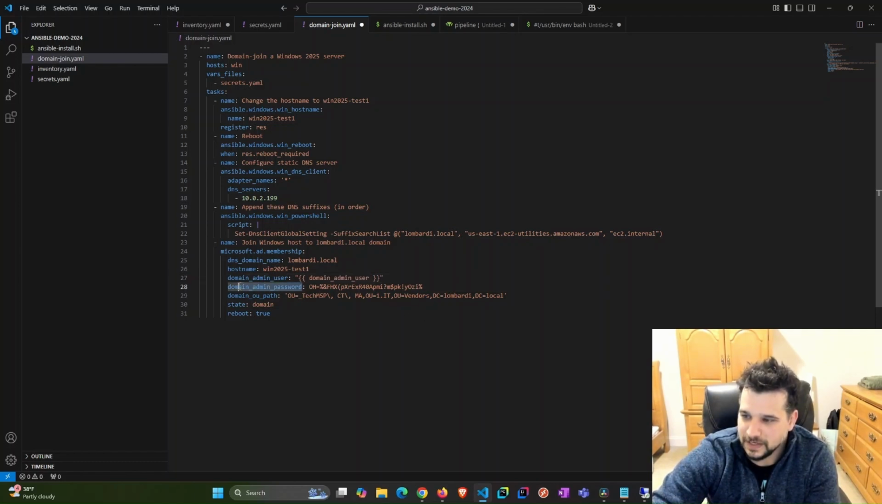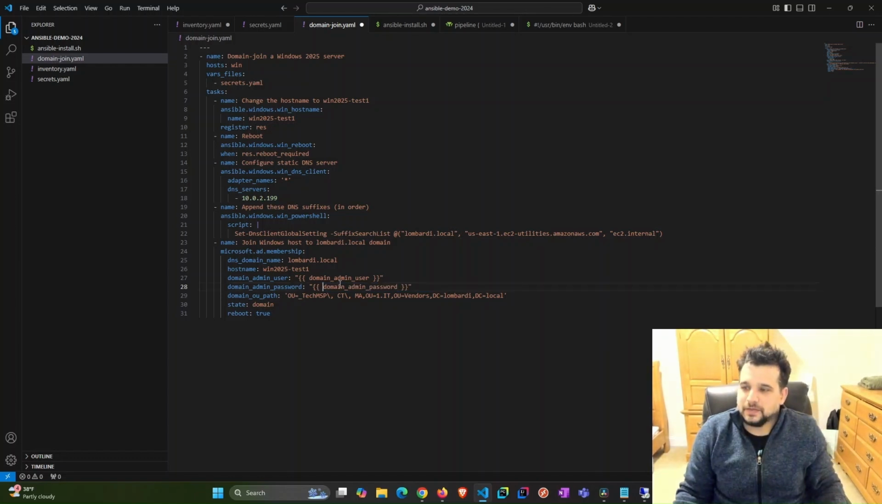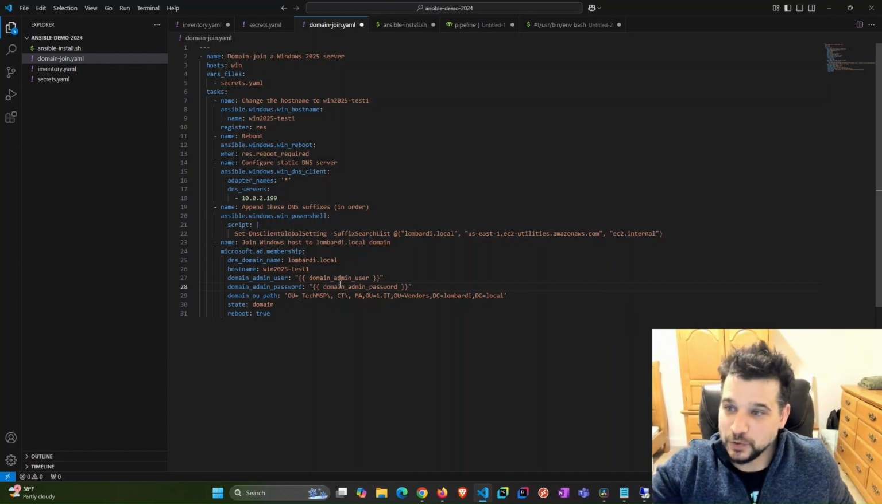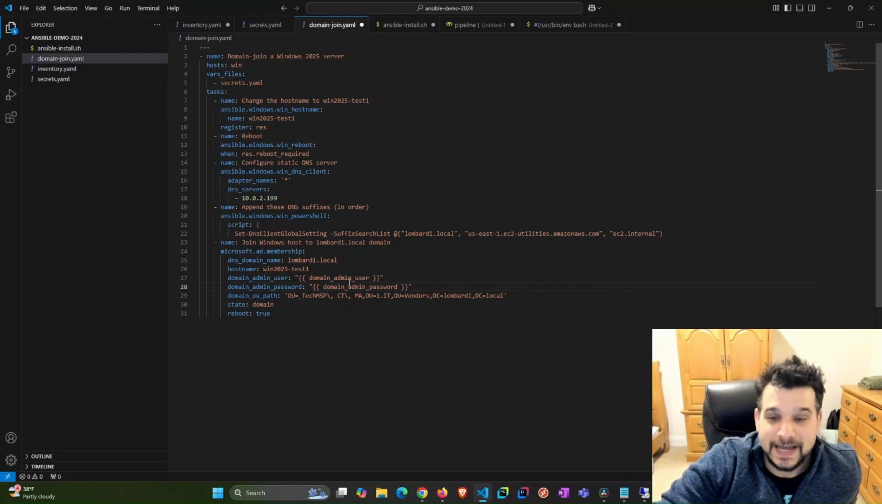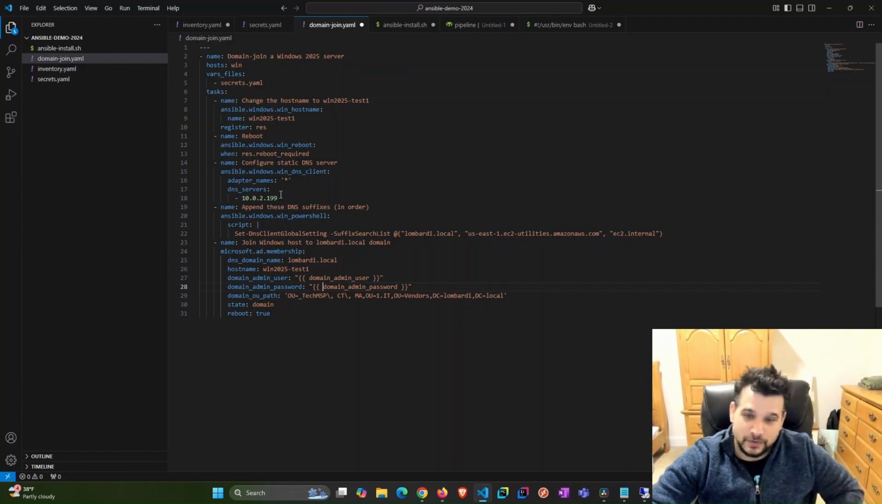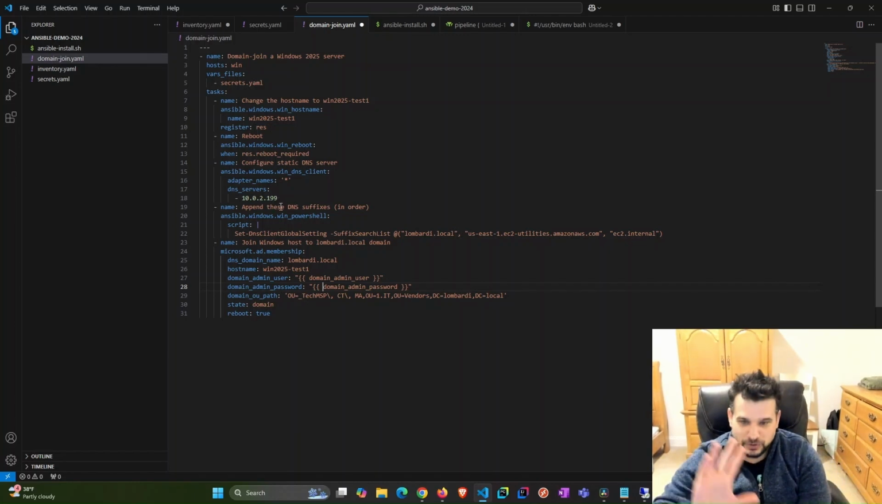And we're going to do the same. So we're going to add a double quote, double curly bracket, paste it in as a variable, and there you go. So there's nothing in domain join right now that is sensitive. Maybe the DNS server, you could also protect that as well. But I'm just showing you,